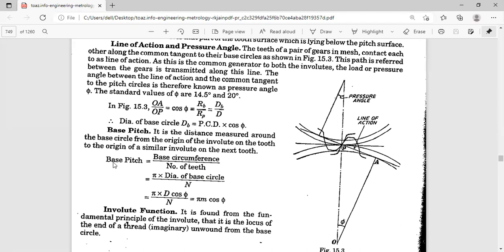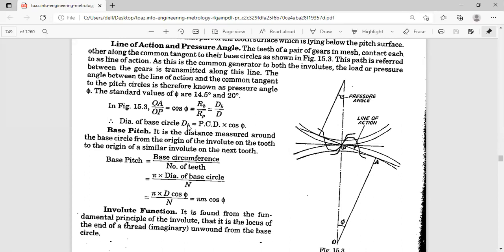We take the circular pitch into consideration, which is pi times the diameter of the pitch circle. Here, because it is the base pitch, it is pi times the diameter of the base circle. What is the diameter of the base circle? It is d cos phi. Sorry, you might have represented something wrong here. Whenever we refer to the diameter of the base circle, you should not say capital D, so be careful with the suffixes.